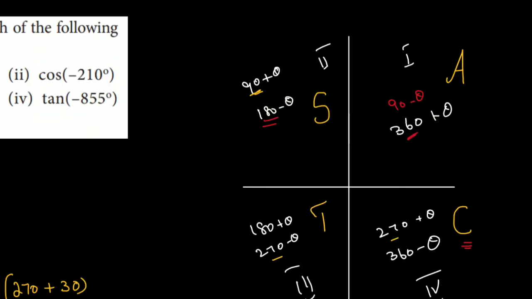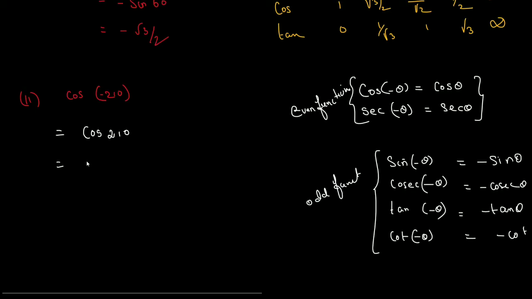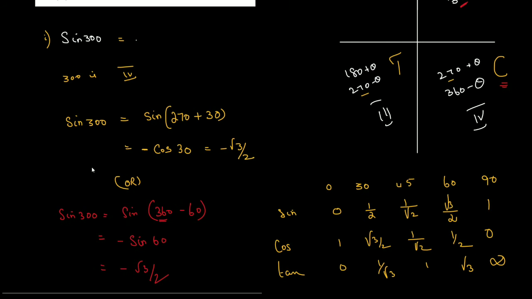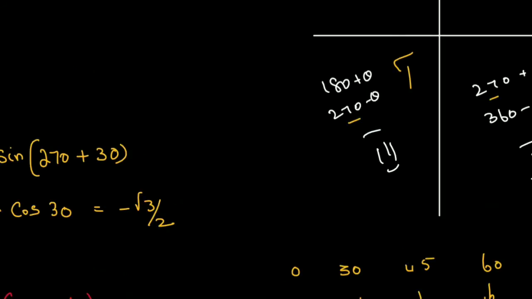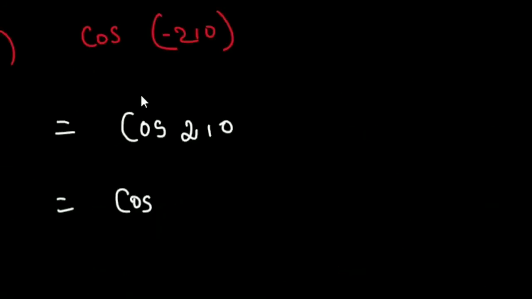Third quadrant. So how do you write the angles? You can write third quadrant angles as 180 plus or 270 minus. Which is better? 180. Because if you write in terms of 270, you have to change it into the complementary ratio. When you write in terms of 180 and 360, you need not change. So for cos, better write in terms of 180.